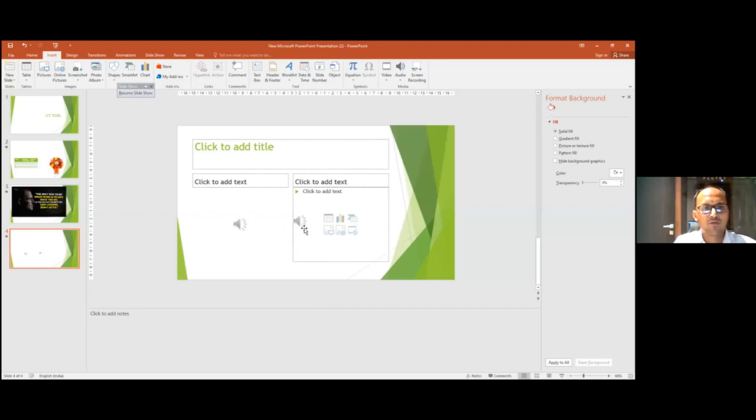So this tool will be very helpful whenever you are providing your PowerPoint presentations to the students via web or via WhatsApp. Now there is one more option. Probably this option will not be there in the earlier versions of Microsoft Office. That is screen recording. You can even record your screen for preparing your lectures.